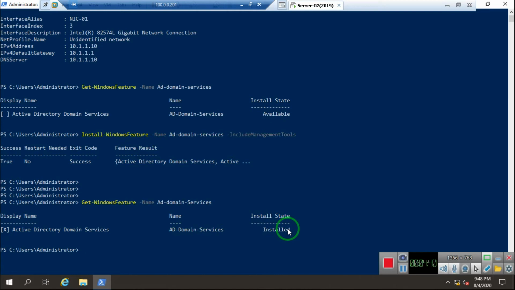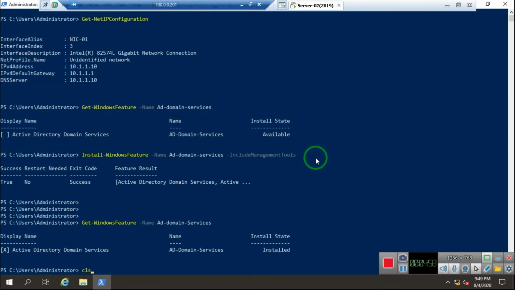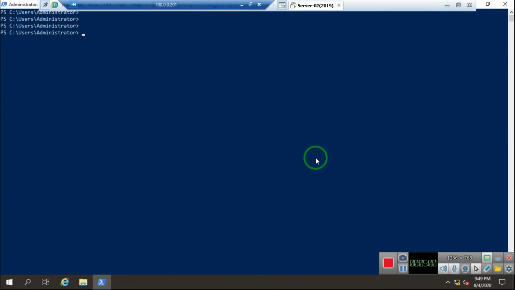Okay, fine. Now after that we need to test the prerequisites, whether I'm able to install and configure a domain controller on this server or not. So we first need to check the prerequisites. How can we check? I first clear the screen and then start the testing. I go for Test-ADDSForestInstallation. Why am I doing the forest installation? Because this is my first domain controller, so I make one forest.